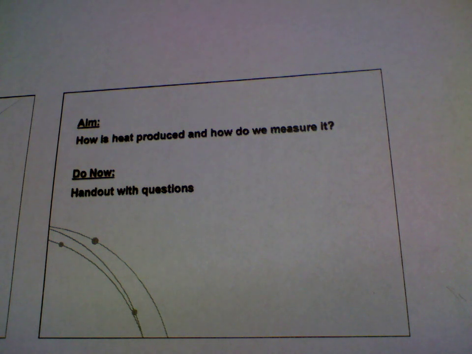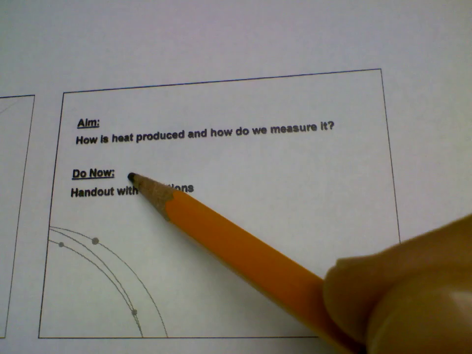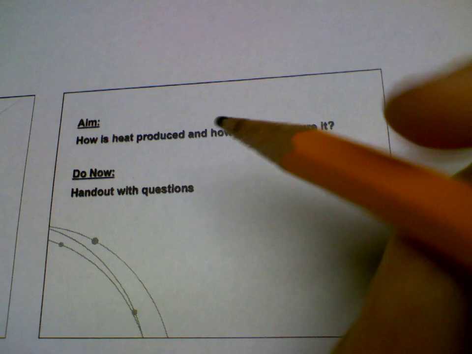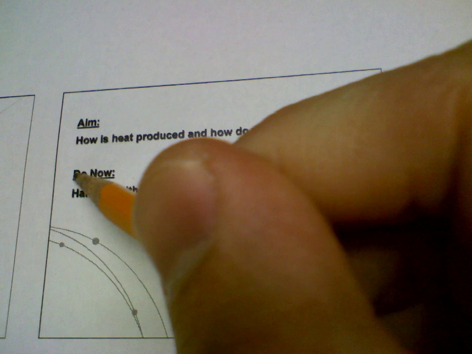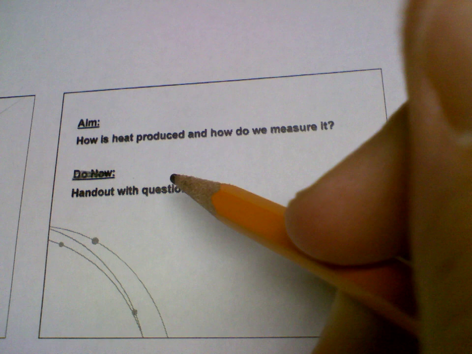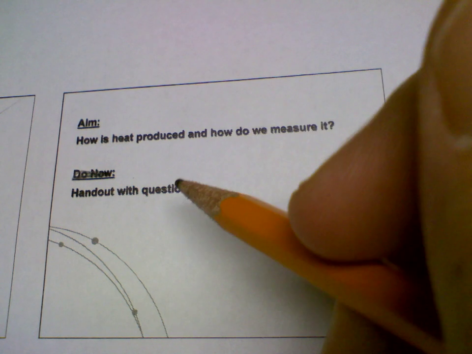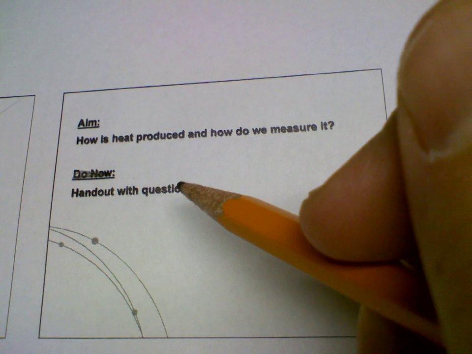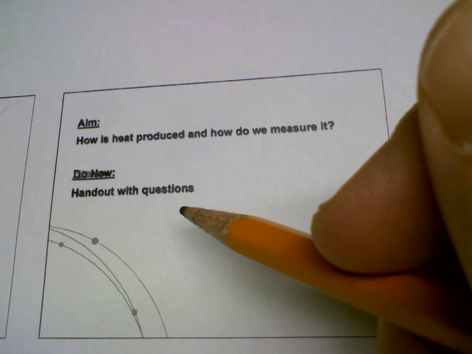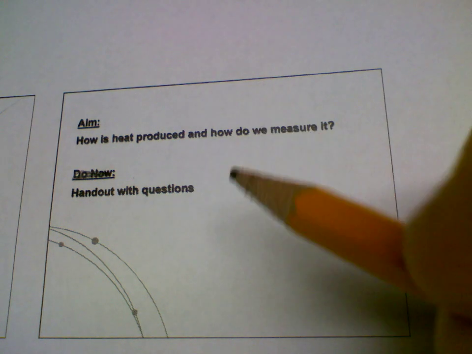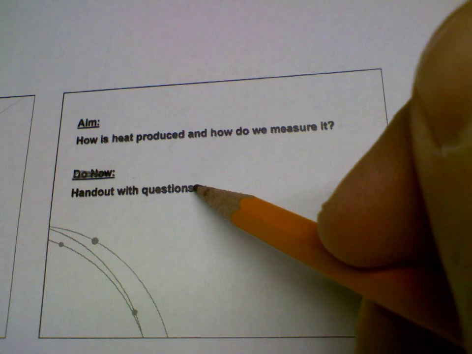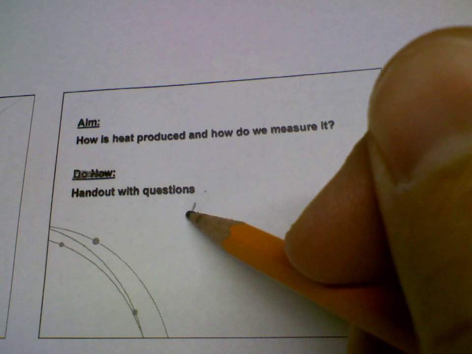Okay, today we're going to move on in our energy unit and we're going to look at how heat is produced and how we measure it. This says do now, but this is actually going to be our last activity, so not do now. This is going to be after we go through this slide and you look at the PowerPoint and your reference table, and you are going to need your reference table, so you're going to want to take that out if you haven't already. And you're going to do the questions on energy